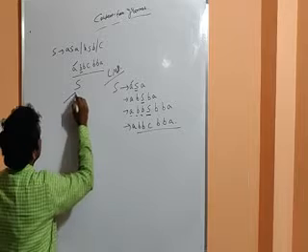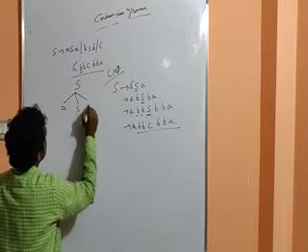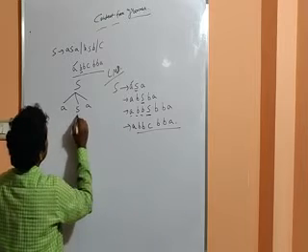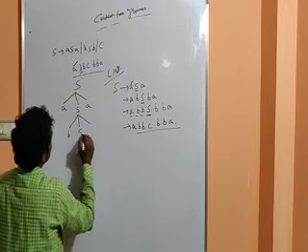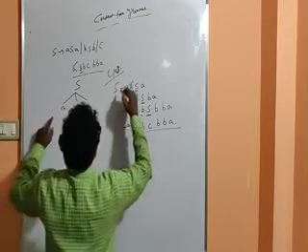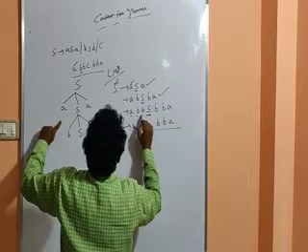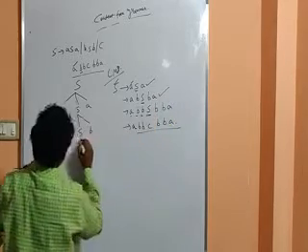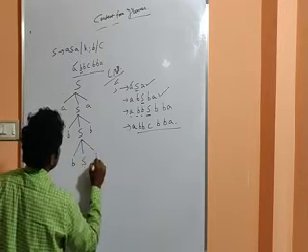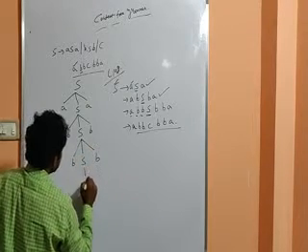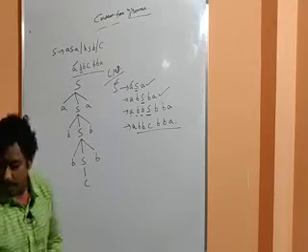S is a root node which is giving rise to A, S, A. And now this S is giving rise to B, S, B. Whatever step is completed, you keep a tick mark so that it will be very easy. Now this S gives rise to B, S, B. Now this S gives C. So this is how we will construct the parse tree.